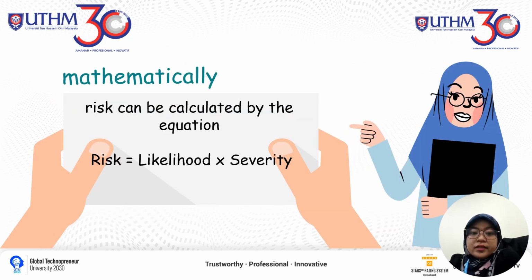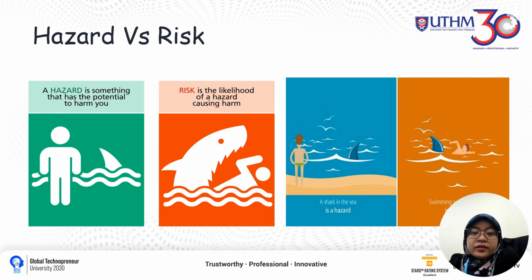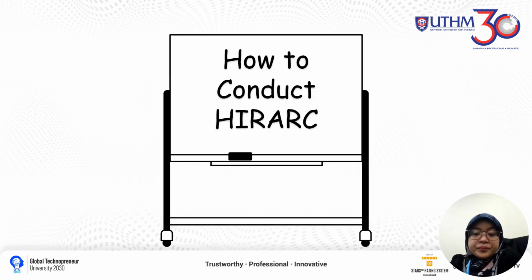The relationship between hazard and risk can be summarized in the risk equation. Risk equals hazard times severity. While hazard exists independently, it's the severity of the hazard that determines the level of risk. To illustrate, let's consider a specific example. If a hazardous shark is present in an ocean, the risk is swimming in the ocean with the shark, as you can see in this picture. In this picture, it shows that the shark itself is actually the hazard, and when people swim in the ocean with the shark, that poses the risk that can cause harm.